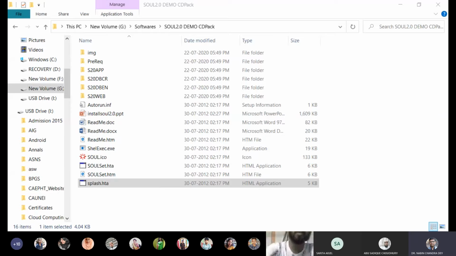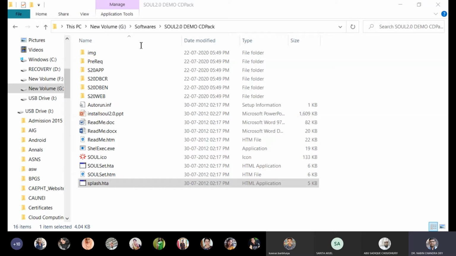Can you see readme, install database engine, create database for Soul? Can you see it? Yes, sir. So see, Soul installation is very easy. You just have to follow step by step. Readme first is not required, but of course you can read it. What are the backend, what are the system requirements, these are there. So you can just click it here, and it will open up.